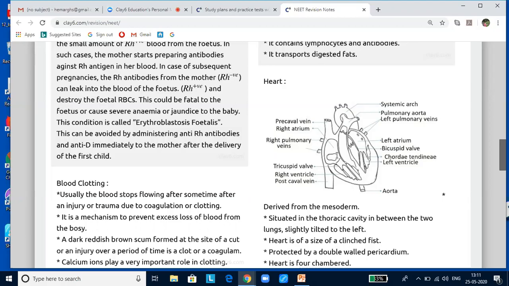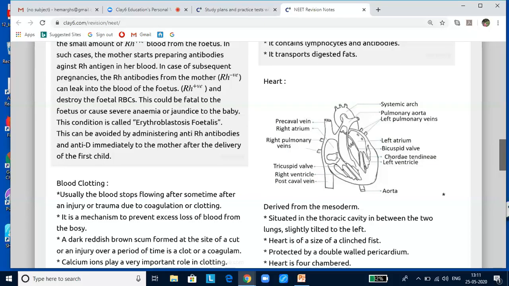The right ventricle gives off a large blood vessel called the pulmonary artery leading to the lungs, which carries deoxygenated blood to the lungs. The left auricle receives oxygenated blood from the lungs through the pulmonary veins. They have no valve. The left auricle opens into the left ventricle by an auriculoventricular aperture, and this aperture is guarded by the bicuspid valve. The bicuspid valve prevents backflow of blood from the left ventricle to the left auricle. The left ventricle gives off a large blood vessel called the aorta. It carries oxygenated blood to different parts of the body. The thickest part of the human heart is the wall of the left ventricle.